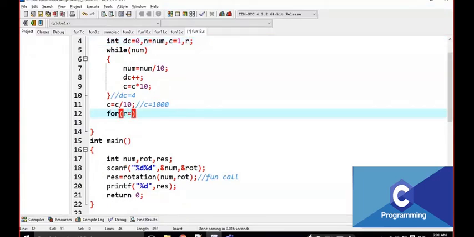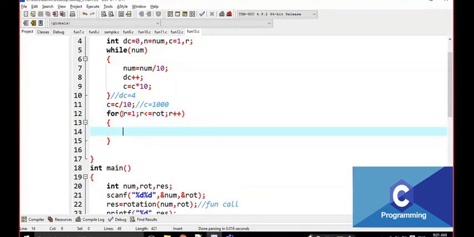For R is equal to 1 and R is less than or equal to rotate and R plus plus. Okay. Now, here I am modifying the num value, that's why I am going to work on n.